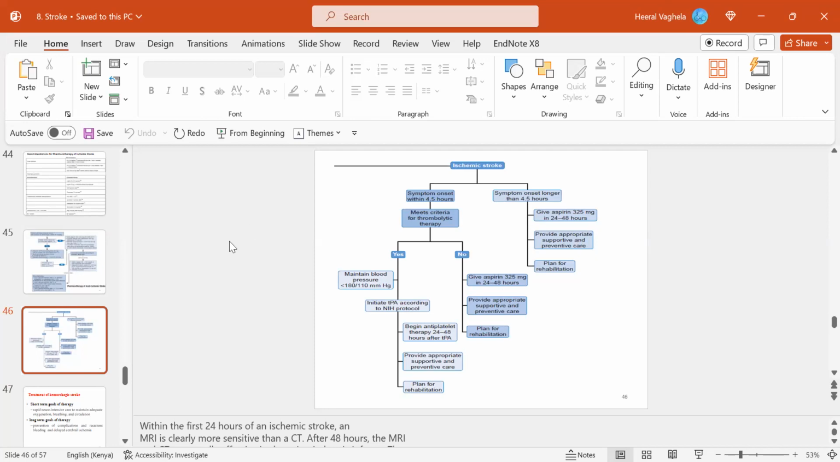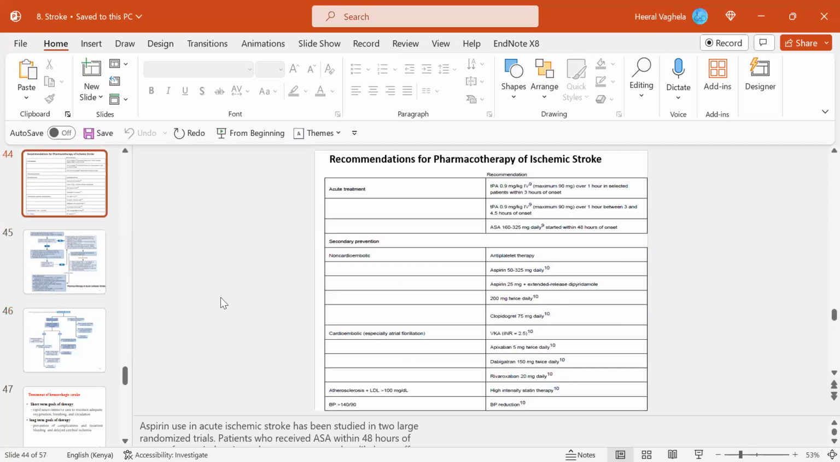So again, if the onset is within 4.5 hours and it meets the criteria for thrombolytic therapy, you start with that alteplase. Then if they don't meet that criteria, you give high dose aspirin within 24 to 48 hours. Then you have all this supportive and preventative care. If it's longer than 4.5 hours, then you start with the aspirin directly. So that is basically the treatment for